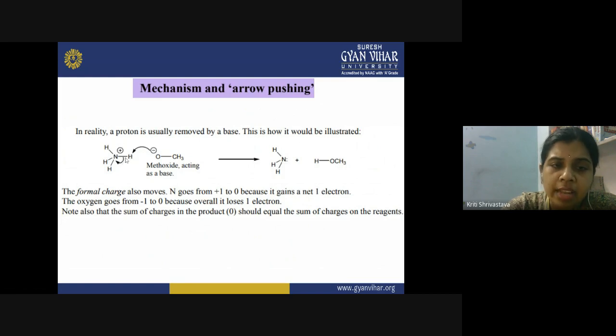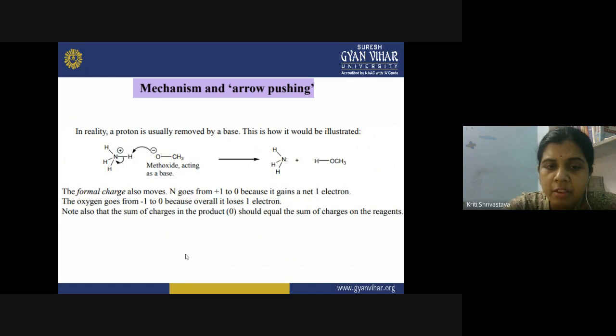So now, when the electrons are forced towards the nitrogen, what will happen? The positive charge on nitrogen will come on the hydrogen. And as soon as a positive charge comes over the hydrogen, what happens here? Now it will be deprotonated. It will be removed by forming H+, and it is now combined with the O negative. So what happens now? You get a CH3OH here, and the proton is removed from the ammonium ion.